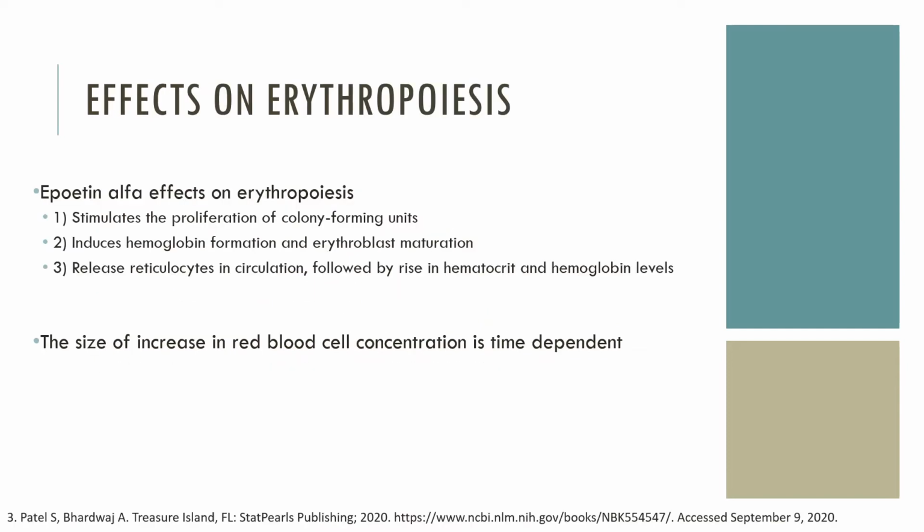So what are the effects of Epoetin on erythropoiesis, which is the production of our red blood cells? There are 3 different effects. The first one is to stimulate the production of colony-forming units, so it allows for more red blood cells to form. 2 is to induce hemoglobin formation and erythroblast maturation, so it allows for our reticulocytes to mature, which takes about 7 days. And then 3 is to release reticulocytes into the circulation, which will allow for the rise in